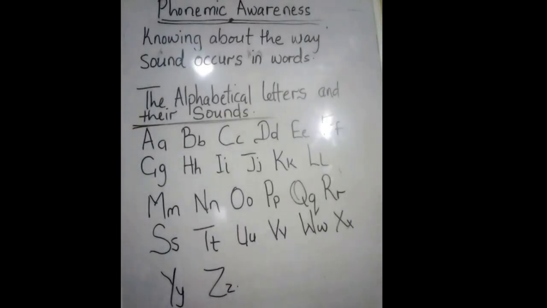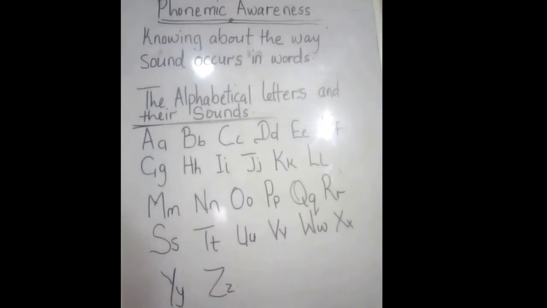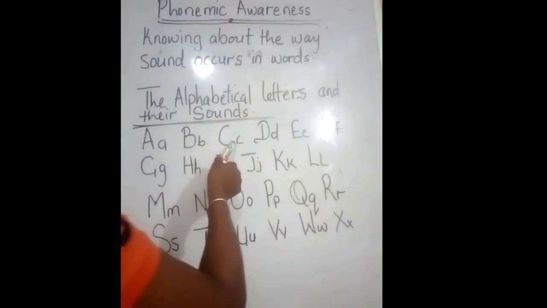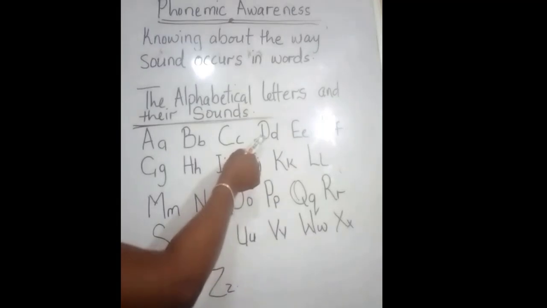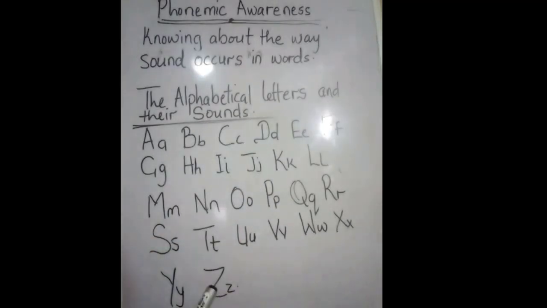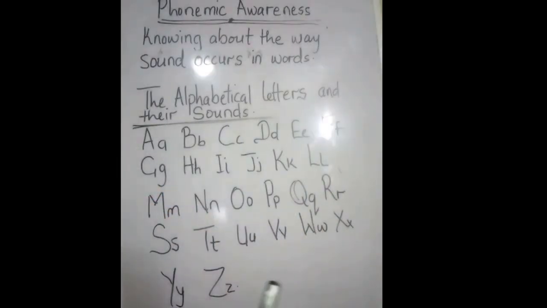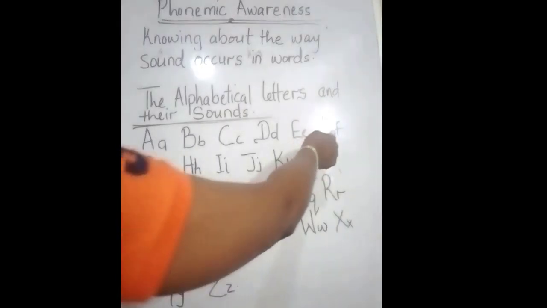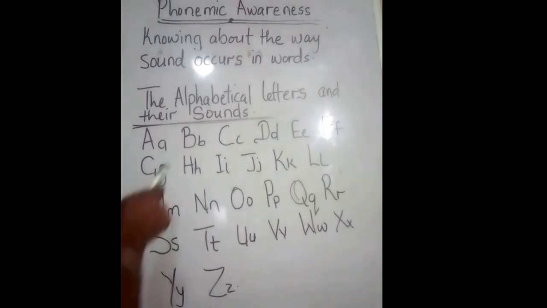Okay, this is letter B, and it makes the sound B, B, B. This is letter C, and it makes the sound K, K, K. Letter D makes the sound D, D. Letter E makes the sound E, E, E. And letter F makes the sound F, F. Letter G makes the sound G, G, G. Letter H makes the sound